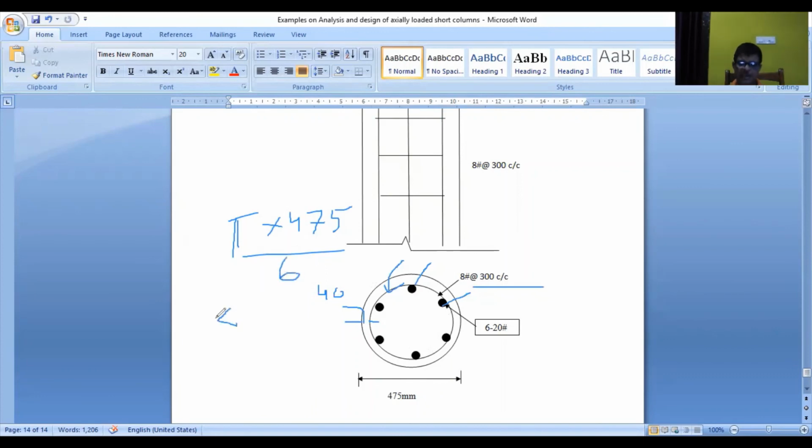It shall be less than 300 millimeter. This value shall be less than 300 millimeter. If it is more than 300 millimeter, then you provide more number of bars. That is another check you have to do in this case. It will be satisfied here, but generally that is another check for the circular column. For the spacing of these lateral ties, you can again go to page number 48. You can see this has been written in the codal provisions.